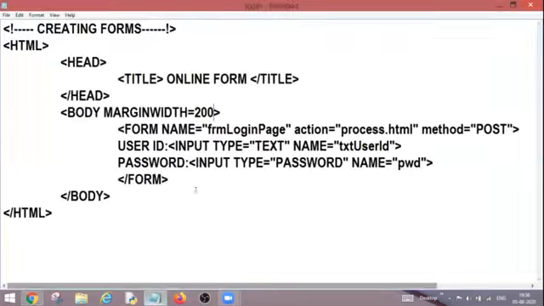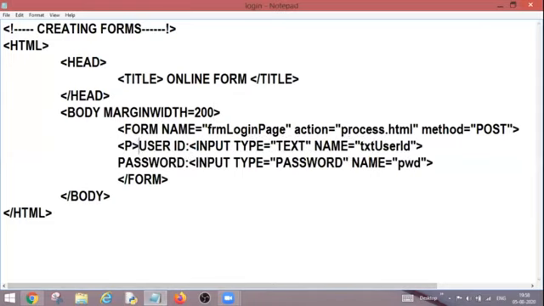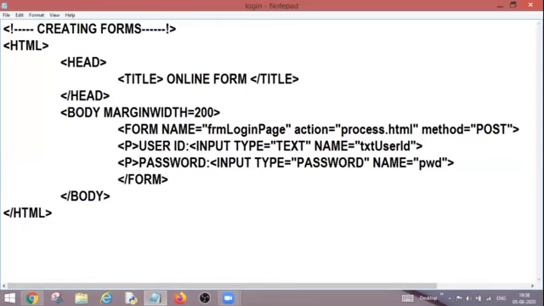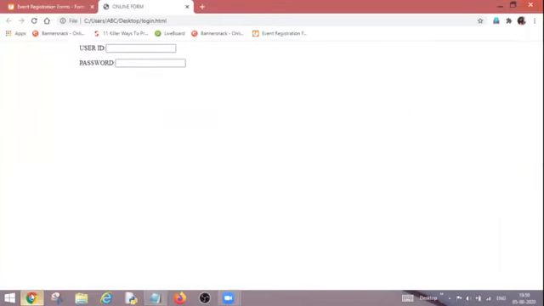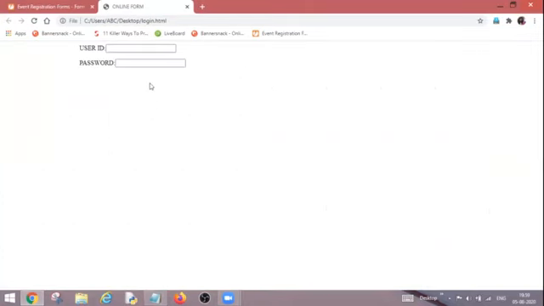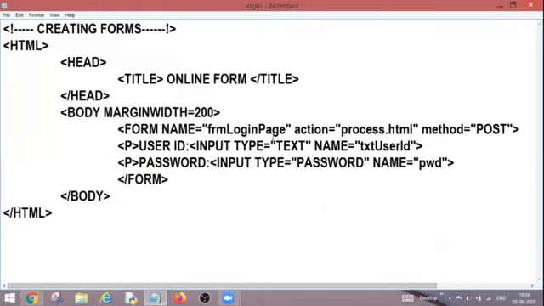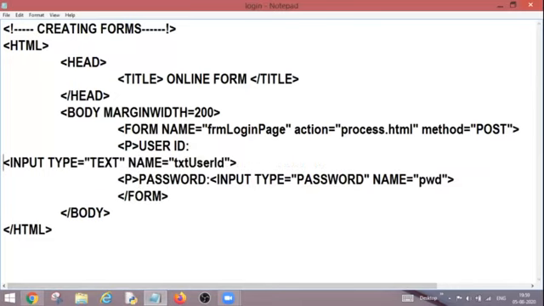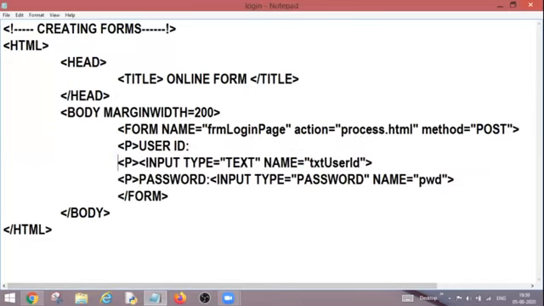Now come back. I want to shift my password to the next line. So what can I do? I can take this user ID into one p tag and the password into another p tag. And do remember the p tag is also a block level tag. So Control S, go back, F5. And as you can see, both are aligned in different lines. But still it is not looking the same as this. So what can we do for that? I can bring my text box also into the next line. So I will break it from here and I will also contain it in this way.